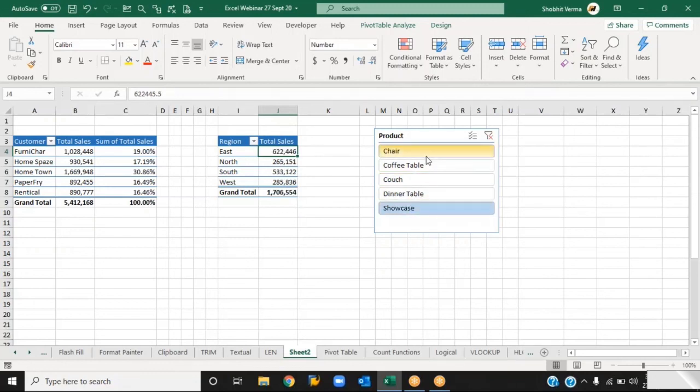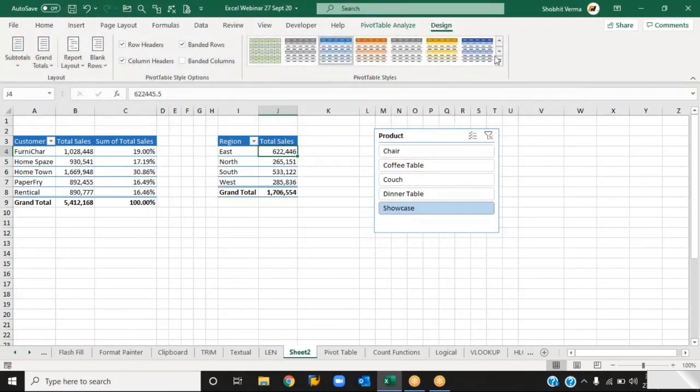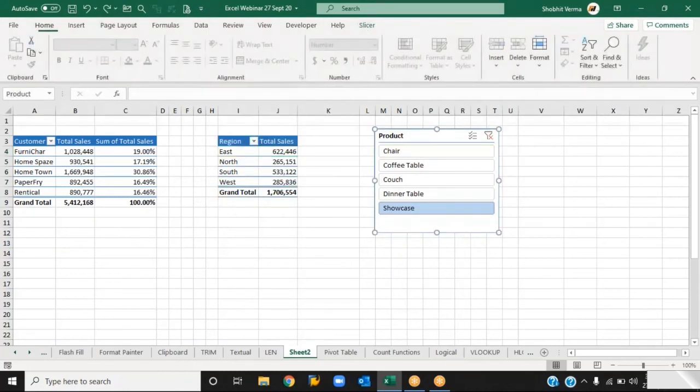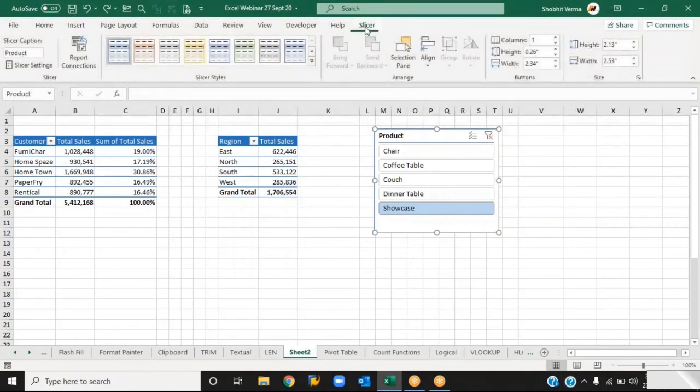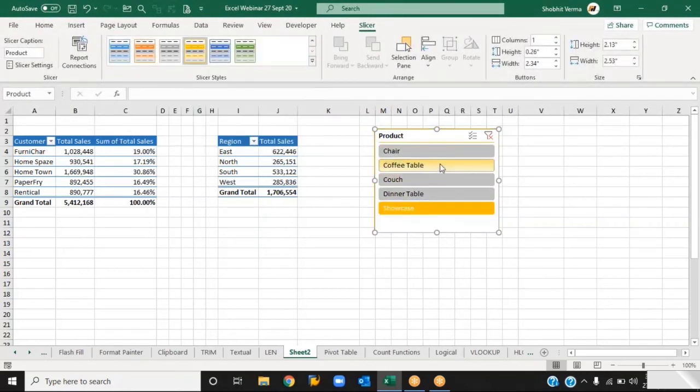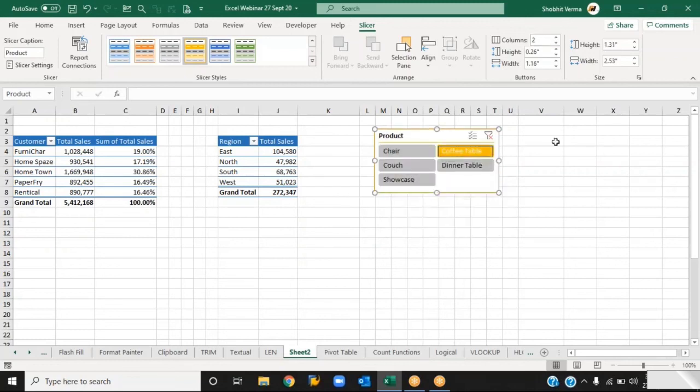If you want to change this slicer, there are many options. Go to design, there are many other options. If you select this, it changes the pivot table. I want to have this slicer, and this is the option. If you want to change the columns, like it is coming in one column, I want it in two columns, you can do it this way.